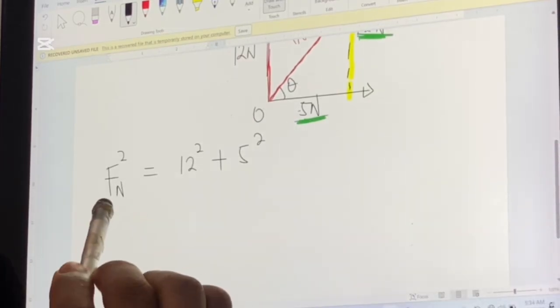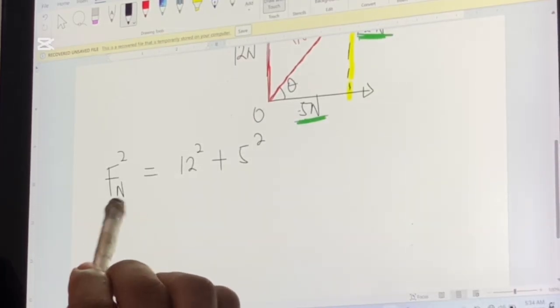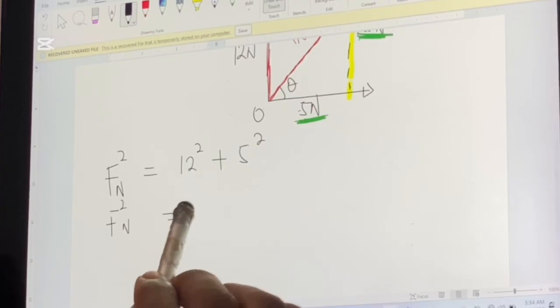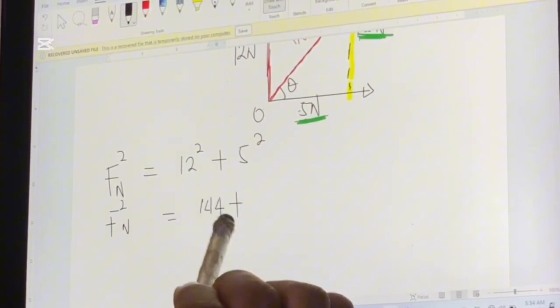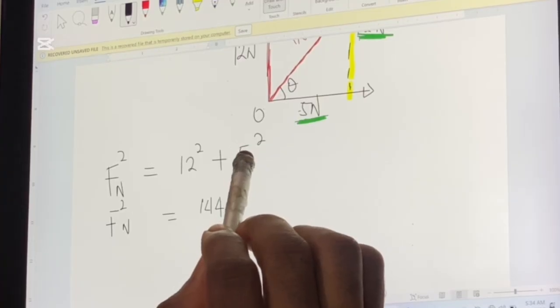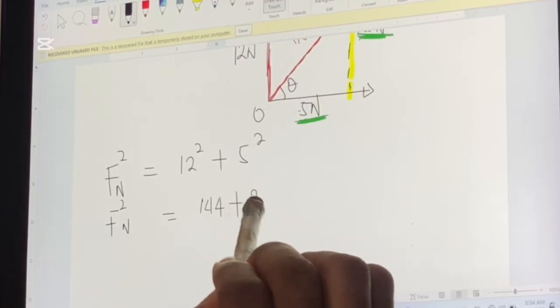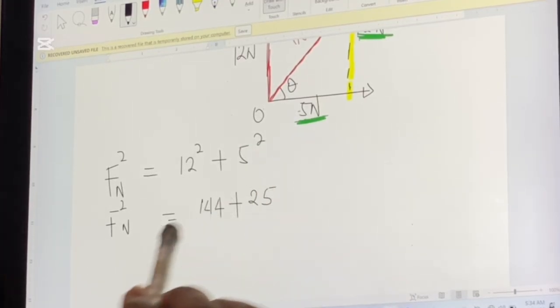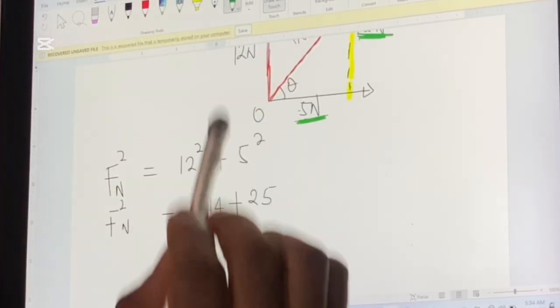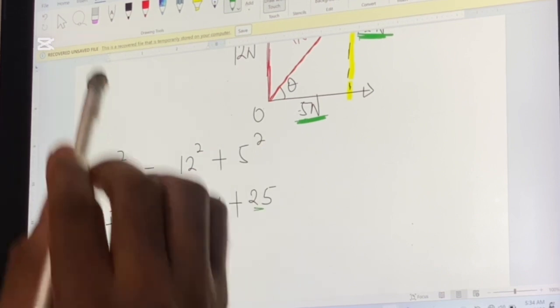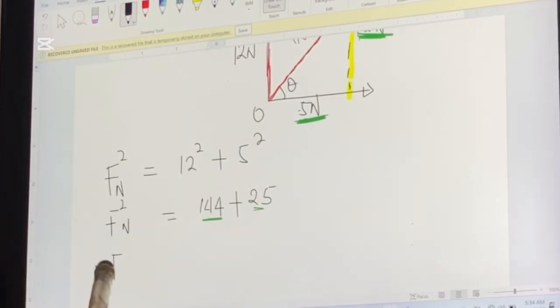F squared is equal to 12 squared, which is 144, plus 5 squared, which simply means 5 times 5, which is 25. Please take note. So let's add these up. So this plus this will give us F squared